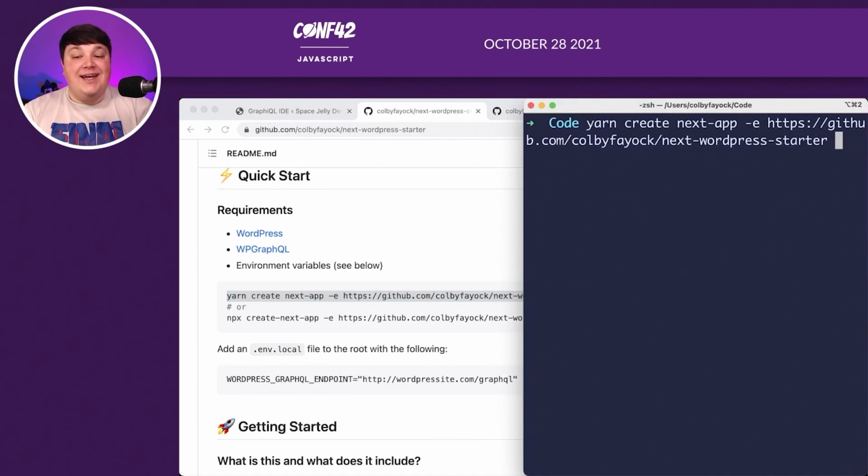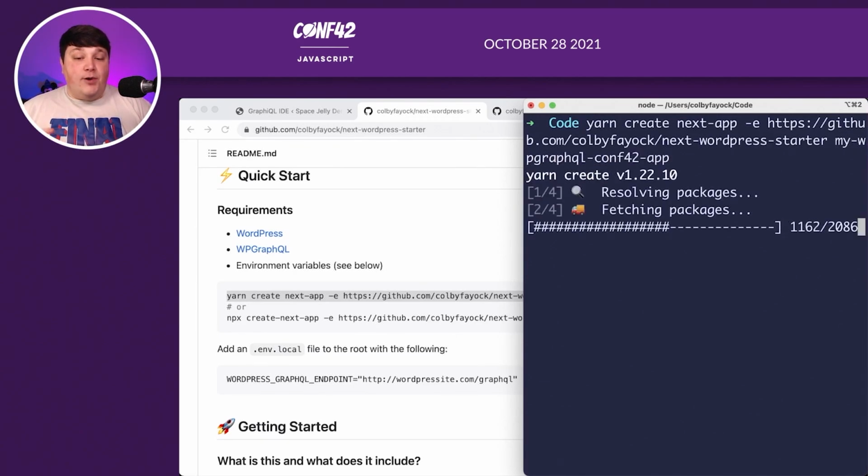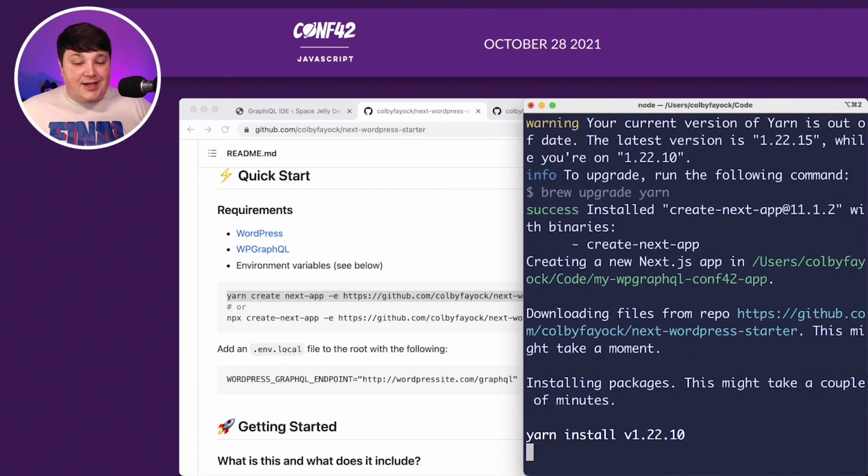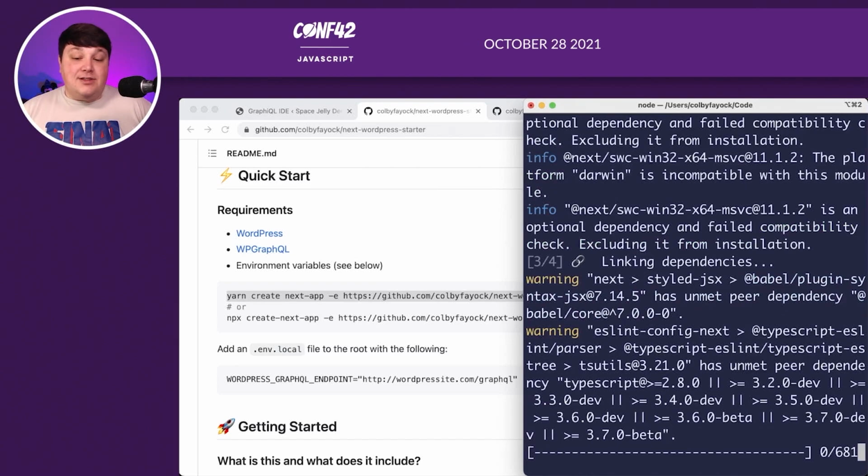and I'm going to also add an additional parameter so that I can set the name of the project. Or if you don't, it'll ask you for that later. But I'm going to say my WP GraphQL Conf42 app. So what that's going to do again is it's going to grab this template from GitHub. It's going to pull it down locally. It's going to install all the dependencies associated with that project. It's even going to reset Git history so that you have a fresh new start for working with your new